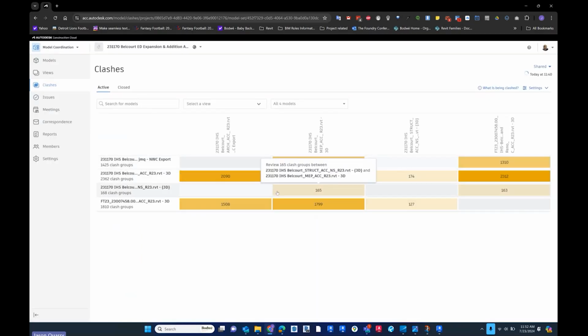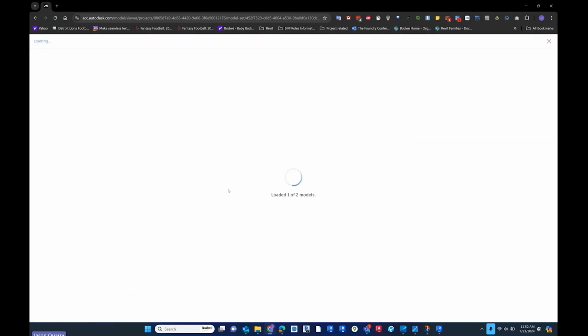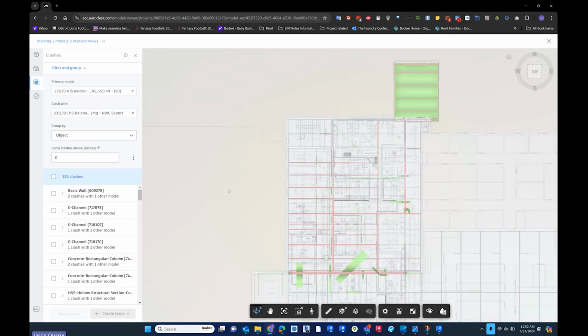So we got rid of this one. So now this is the MEP was structured. To me, they should be running this one because it's their file. Now, this one basically says that there's 76 of them again, and I don't know if it's just glitching or if it found more. I think it's just glitching because